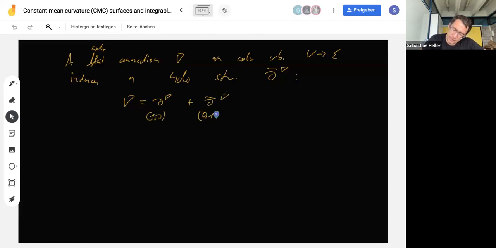And then the Leibniz rule for connections automatically gives us that the del bar part, or the 0,1 part, satisfies the Leibniz rule we impose for holomorphic structures. So we automatically get a holomorphic vector bundle from a connection. And we have the following crucial observation: